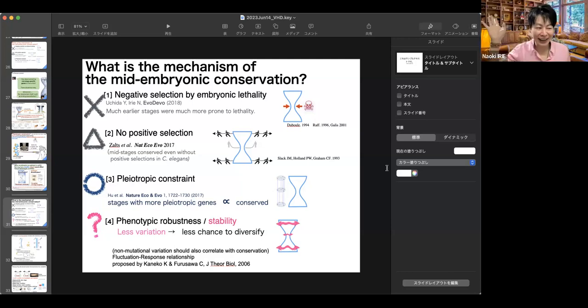Yeah, but actually, one postdoc in RIKEN actually performed that kind of theoretical study simulation and found out that the mid-embryonic stage somehow becomes conserved, starting from a stochastic line of hypothetical cells. So yeah, we're trying to clarify not only from something we observed, but from a theoretical approach.